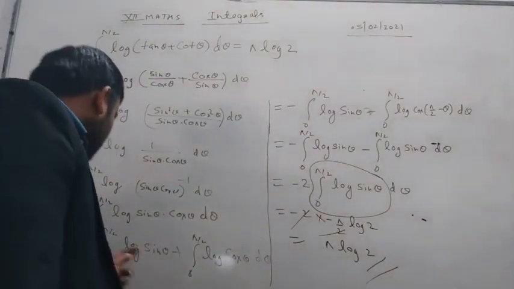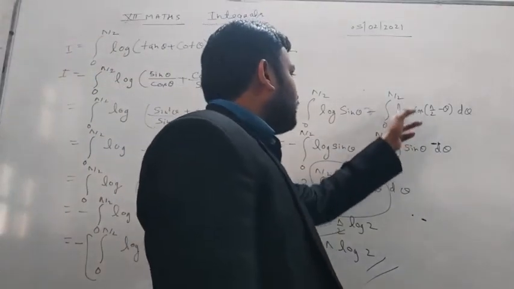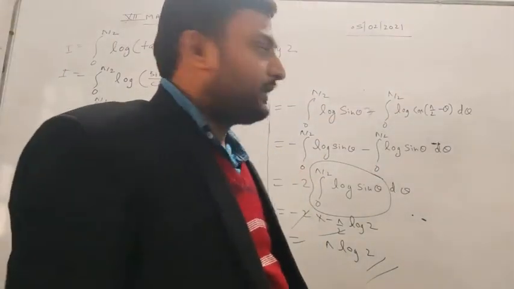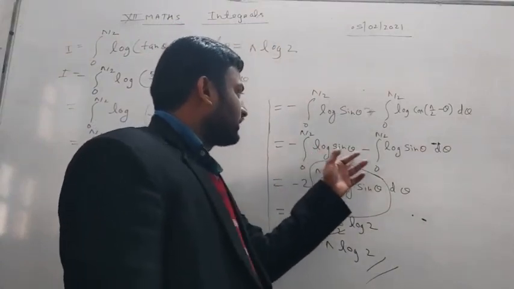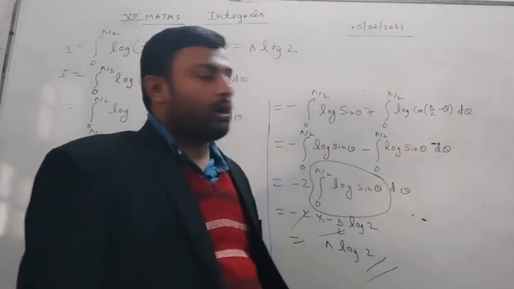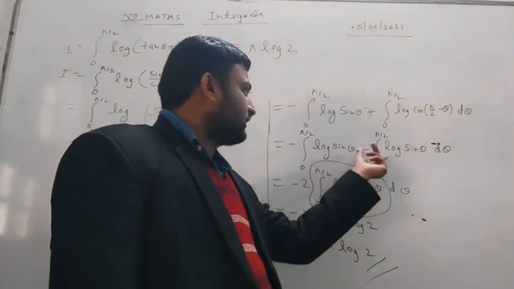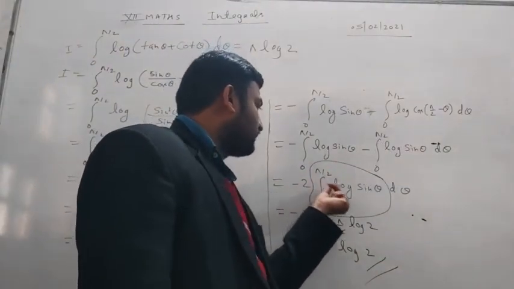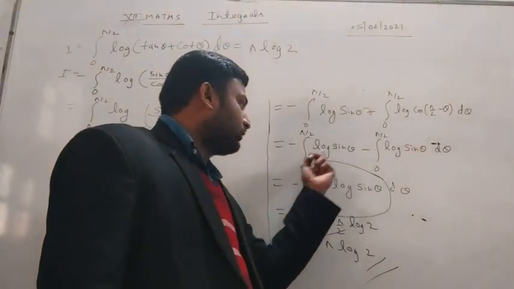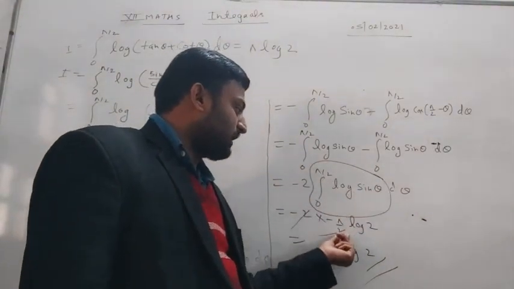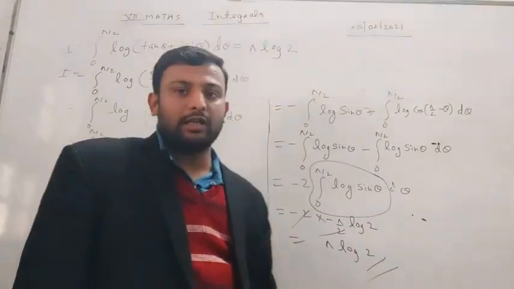And students, now we multiply this negative sign inside, we get minus the integral from 0 to pi by 2 of log sin theta, and the integral from 0 to pi by 2 of log cos (pi by 2 minus theta). Here students, for this part we can write cos (pi by 2 minus theta) applying the first property, and we get the same thing. So this is 2 times, so we can write minus 2 times the integral from 0 to pi by 2 of log sin theta d theta. And you know students, in the previous class we proved that this part is equal to minus pi by 2 log 2, so in place of this we write minus pi by 2 log 2, and we get pi log 2.